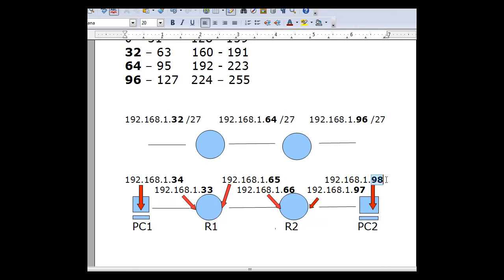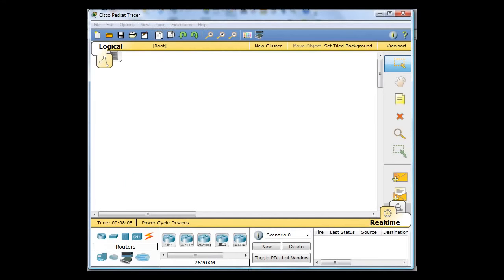So PC2's NIC will be 98. PC2 will be 98, and his gateway will be 97, the router 2 Ethernet interface. So that's how we're going to set up this network, and we're going to set it up in Packet Tracer. So I'm going to go over to Packet Tracer now,